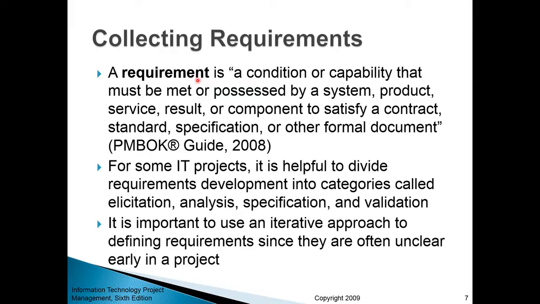Now, for some IT projects, collecting and managing requirements is a very complex procedure, especially if it happens when you're developing something complex, something big. So that's why collecting and managing requirements is considered to be a project on its own. And this project is subdivided into phases called elicitation, meaning collecting requirements from relevant users or stakeholders. Analysis. So once you collect those requirements, you analyze them. Specification. Based on your analysis, you could come up with an organized, refined list of requirements. And validation. Validation means presenting your requirements to important stakeholders or users and having their final approval on that list